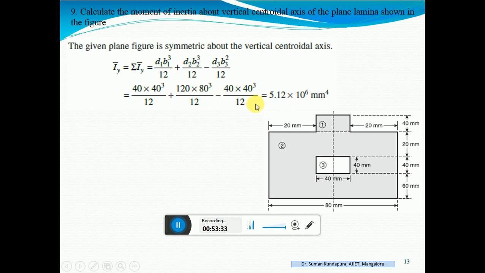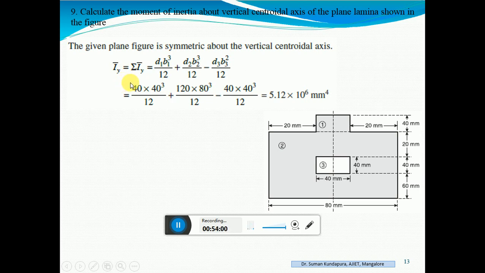So I can find out the Iy bar for each of the components and just cut off this small portion of Iy bar, so that I get Iy bar directly. So no need of finding out the area and all, because it is symmetrical about this axis. Directly I need to find only so much.